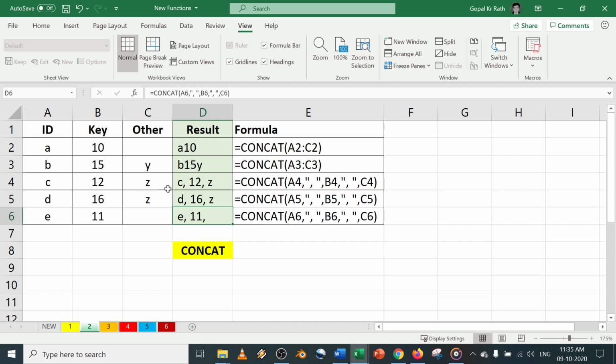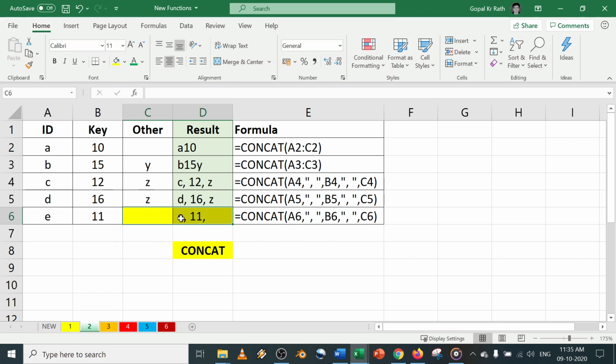So now in this case, what will happen? Here I have a blank cell, right? So still it is getting a comma, right? And again, I need to add the comma again and again, right? To overcome both these problems, I am highlighting this.